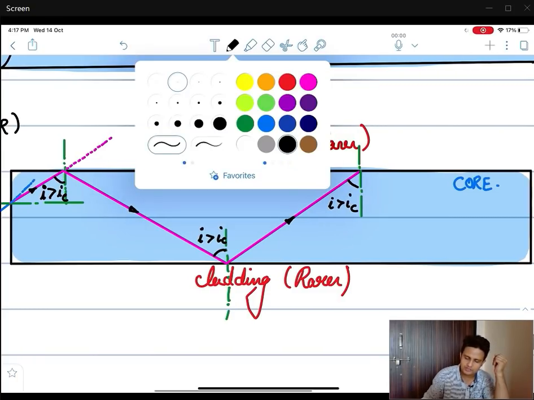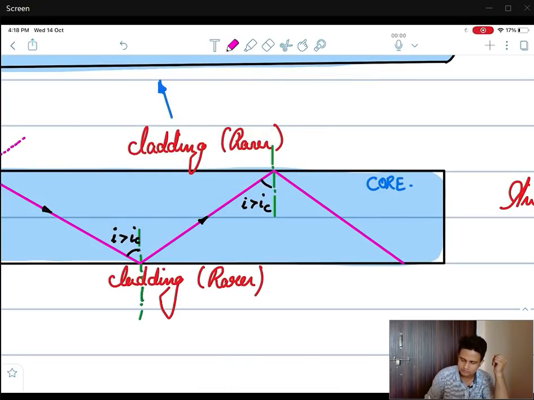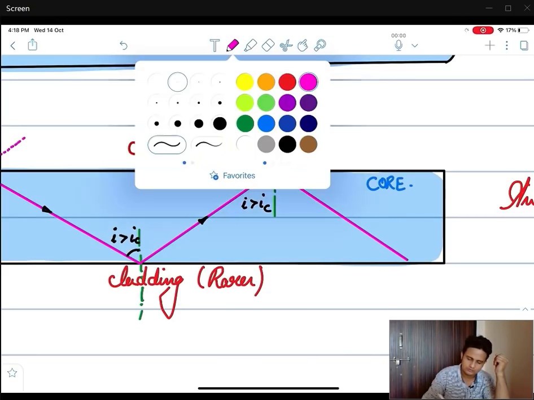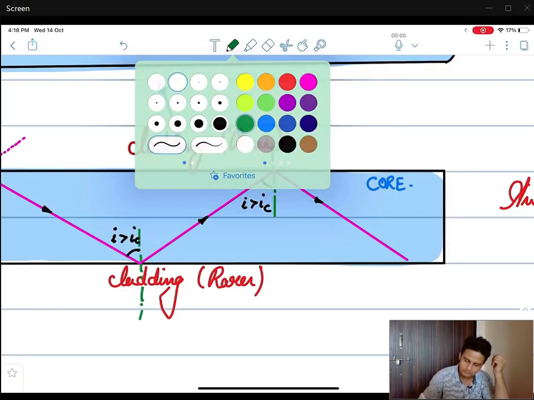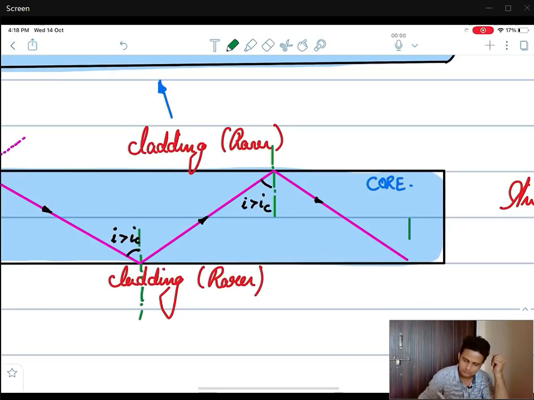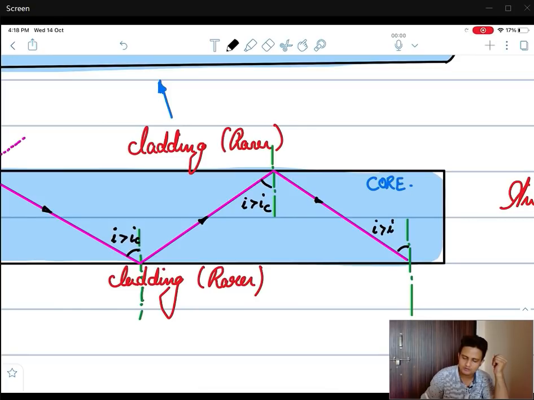Now what happens to the beam? Once again it will come from here to here, hit here. Then again you will have an angle of incidence which is greater than IC.